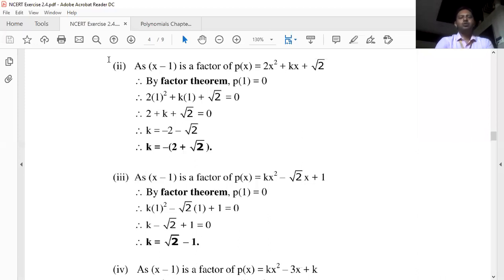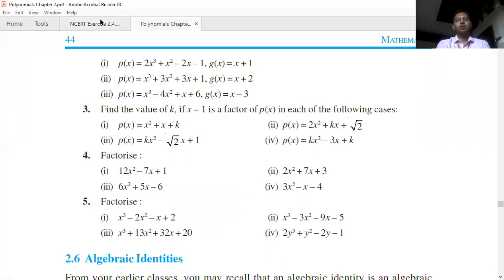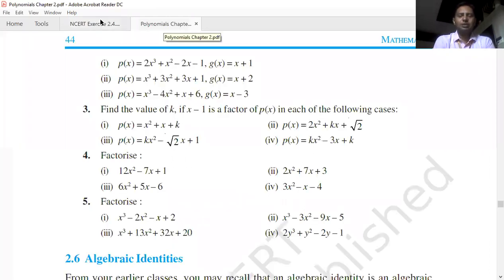Now the last part of question number 3. Kx square minus 3x plus k. We'll substitute x is equal to 1. So this will give you